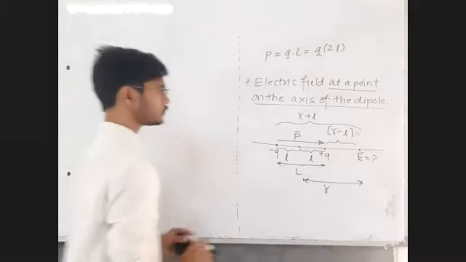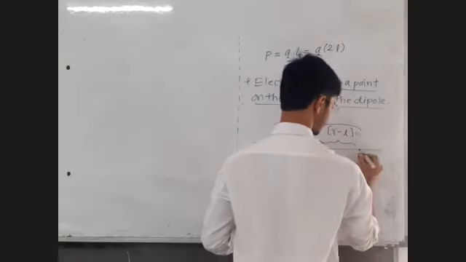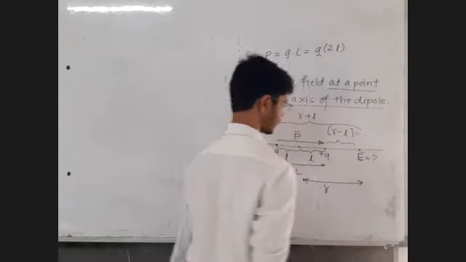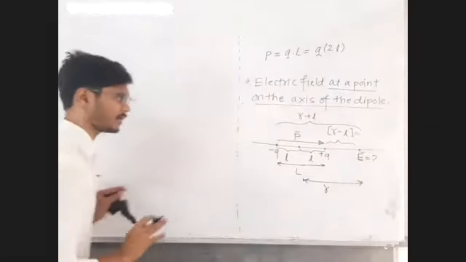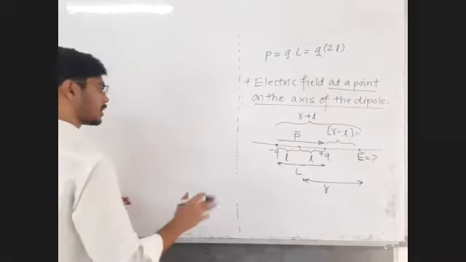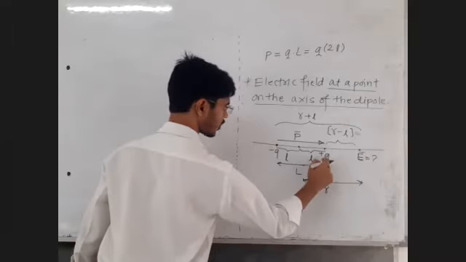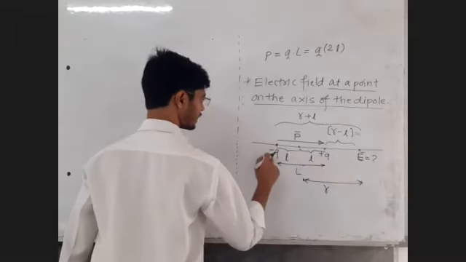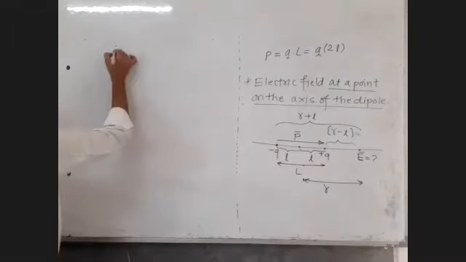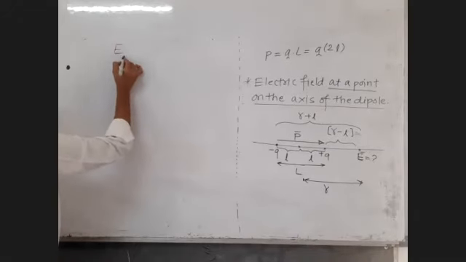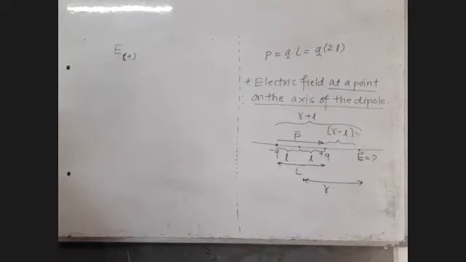Okay. Electric field due to the first point charge and electric field due to the second point charge. Let us first find out the magnitudes. Let us take the decision of direction afterwards. We are going to call plus as first and minus as second. Electric field due to the positive charge, that will be better.